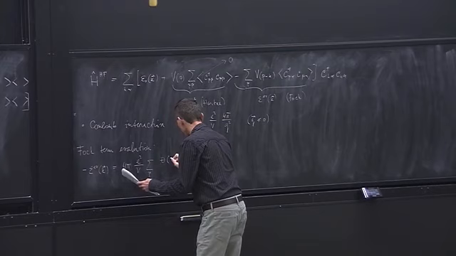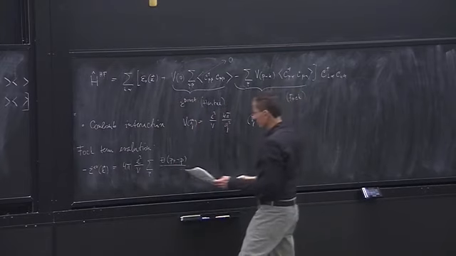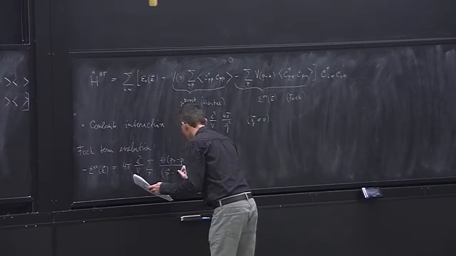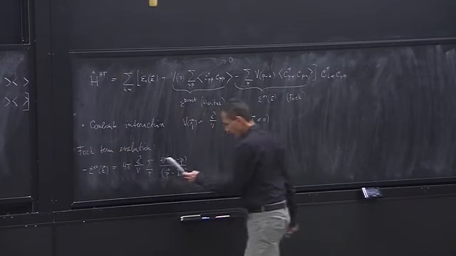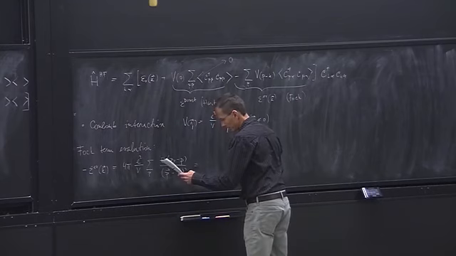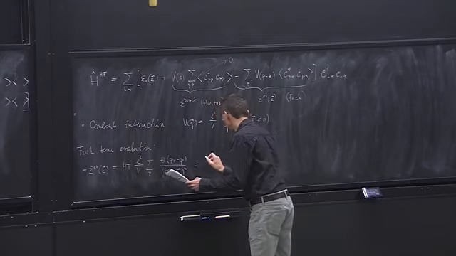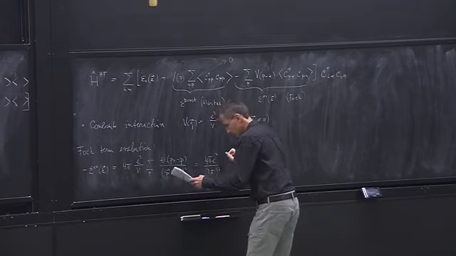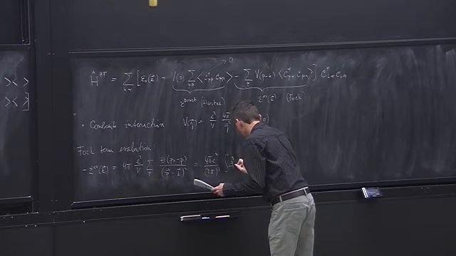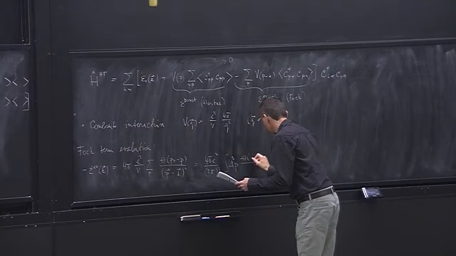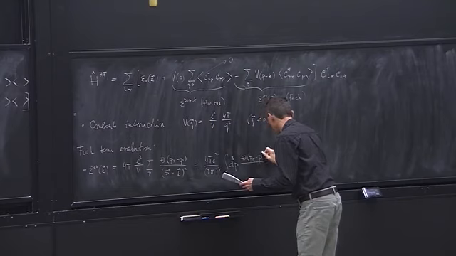Here's my step function, theta of pf minus p. That's this expectation value. And then in the denominator, I have p minus k squared. And as usual, I will transform this summation into an integral. So I get 4 pi e squared over 2 pi cubed, integral d3p, theta pf minus p,